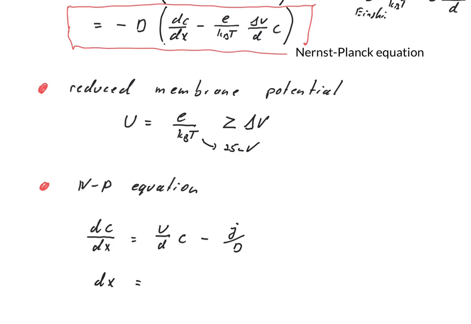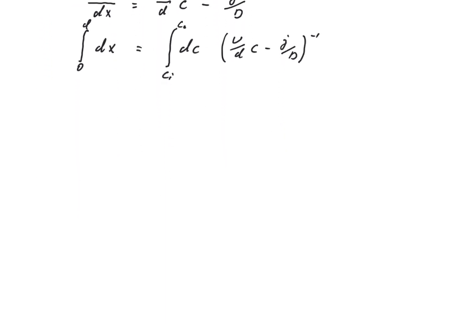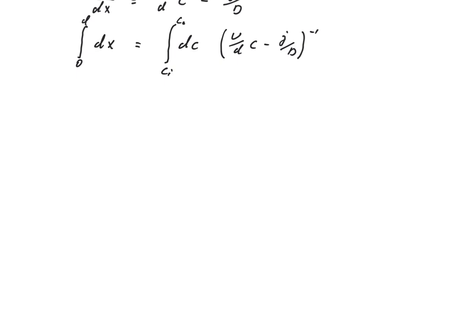Now, this equation we can rewrite in a form that dx is equal to dc times U divided by D times C minus J divided by D to the power minus 1, which we could integrate across the membrane. So the dx we will integrate from 0 to D, the thickness of the membrane, and the dc, the concentration, we will integrate from the concentration inside to the concentration outside. Now, doing so,